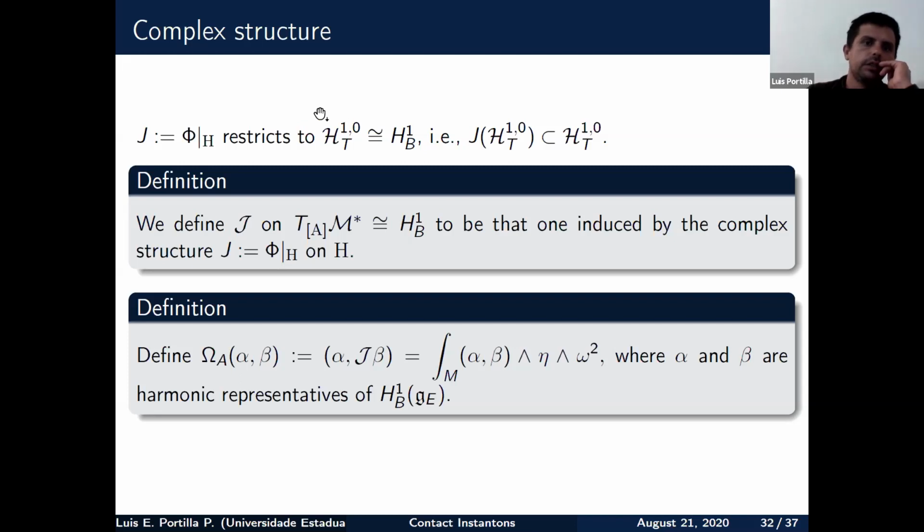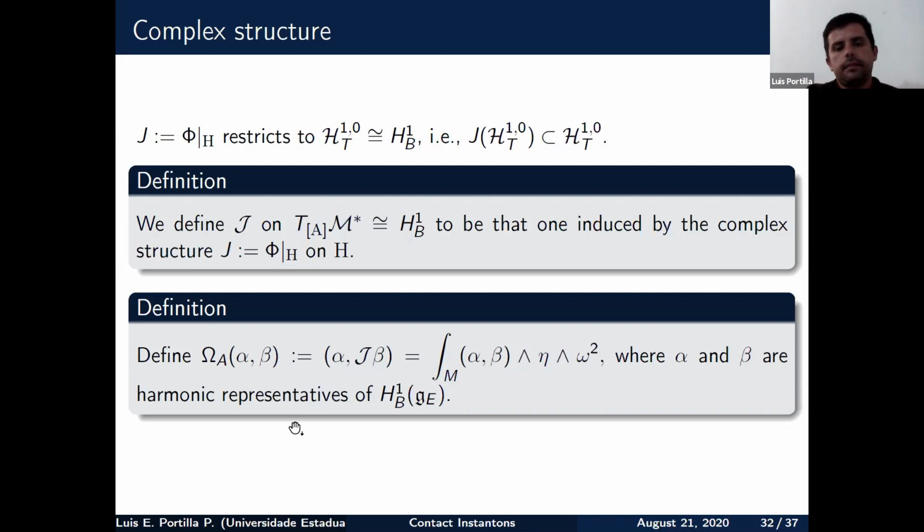So if I consider these isomorphisms, we note that J preserves this space, and we can define a structure J induced by J in the tangent space of the moduli space. We can also define a bilinear form given by this expression, where we take alpha and beta to be harmonic representatives,